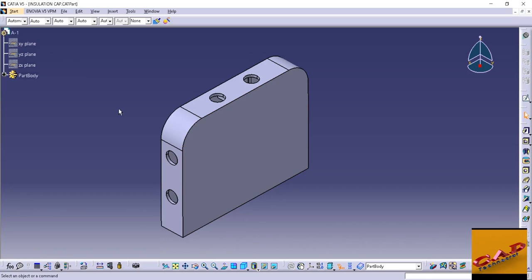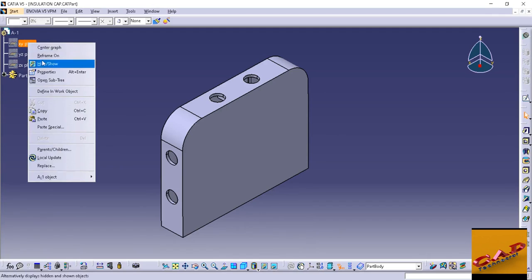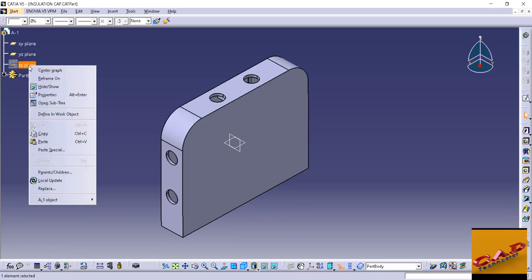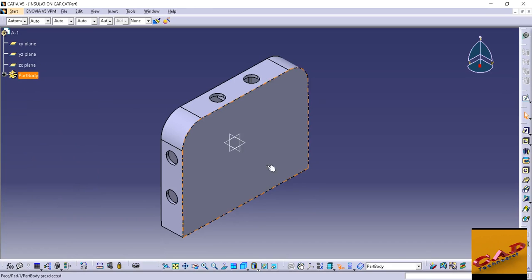So I will click on this. Suppose this is the XY plane, so I will press the right button on this and click on Hide/Show, then the second one Hide/Show, then the third one right click and Hide/Show. Okay, so you can see all 3 planes here. The first plane is the XY plane. The second one is the YZ plane.